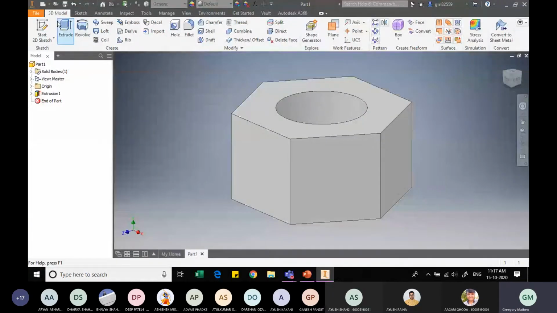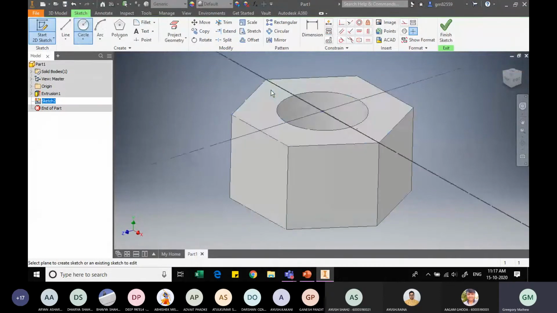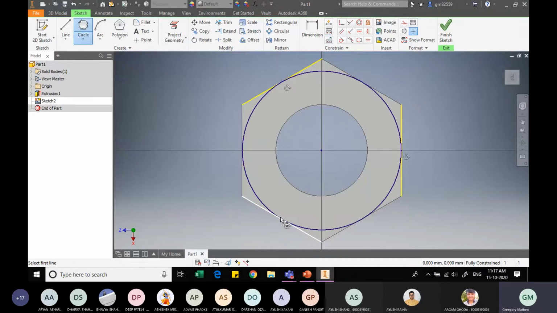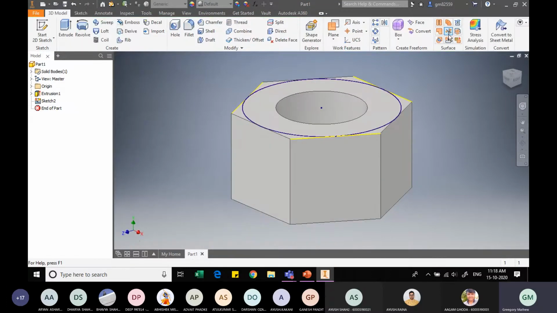So to do that, as discussed, let us sketch on this face a circle. And to begin the sketch, I need some projection. So let me use the project geometry option to project the three different sides of the hexagon. And then I will create a tangent circle. So from the circle tangent option, which is tangent to these three edges, 1, 2, and 3, I create the circle. Next, for using the sweep command, as you remember, we make a plane which is parallel passing through one of these diagonal edges, and then on that diagonal edge we create a triangle which is revolved around the circular path that we just created.